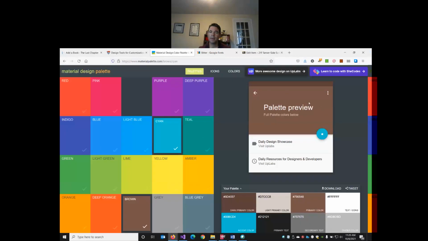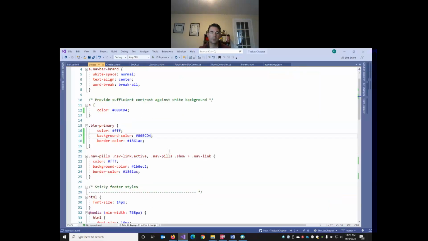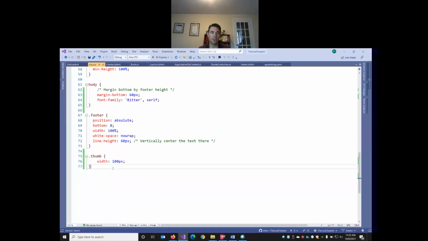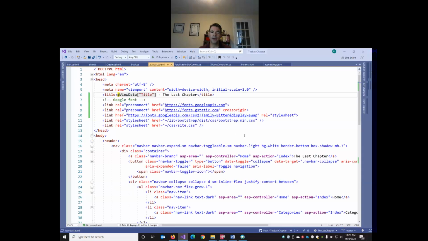Then I want to make our header this brown color. I'm going to click on the primary color here. And down in my style sheet, I'm going to overwrite the Bootstrap navbar-dark class. I'm going to paste it in here. So we're going to use this dark brown,